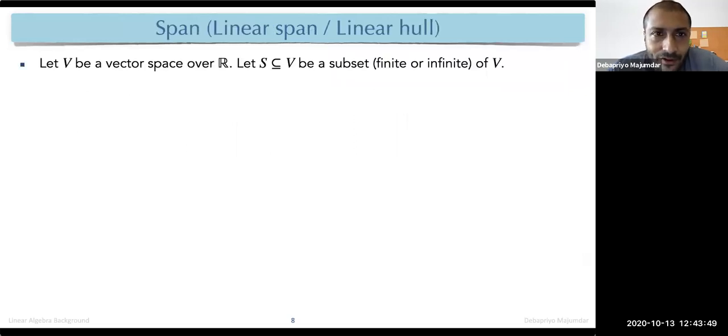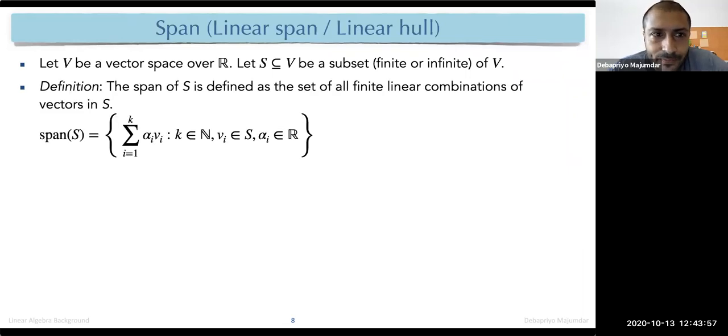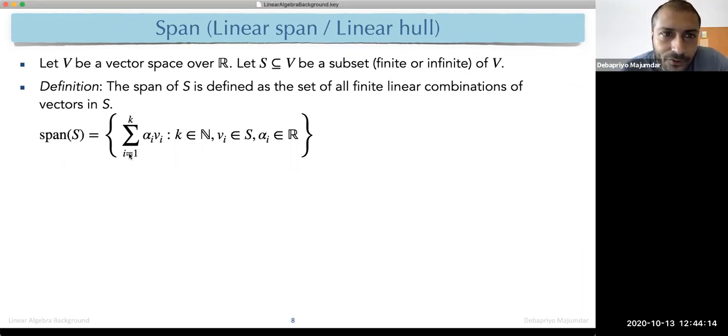The span, obviously, this I think you remember, right? Everybody remembers. So V is a vector space. The span is a subset. So let S be a subset of V. Then the span is just all the vectors that you can make with the vectors of S. Make means use linear combinations, right? So all finite linear combinations of vectors in S. Finite means there can be infinitely many vectors in S, right? But you cannot have an infinite series, an infinite sum here. All finite linear combinations from S, where alphas are scalars and v_i's are vectors.